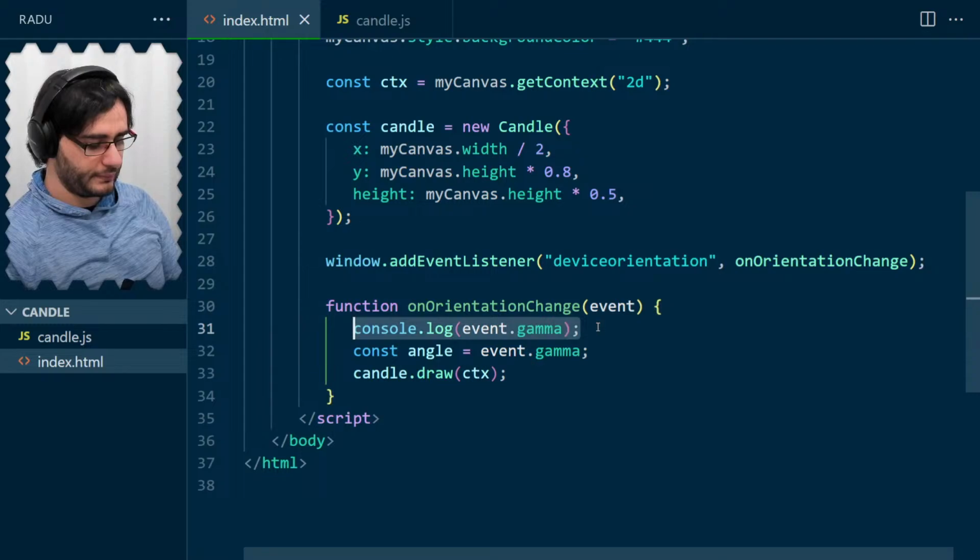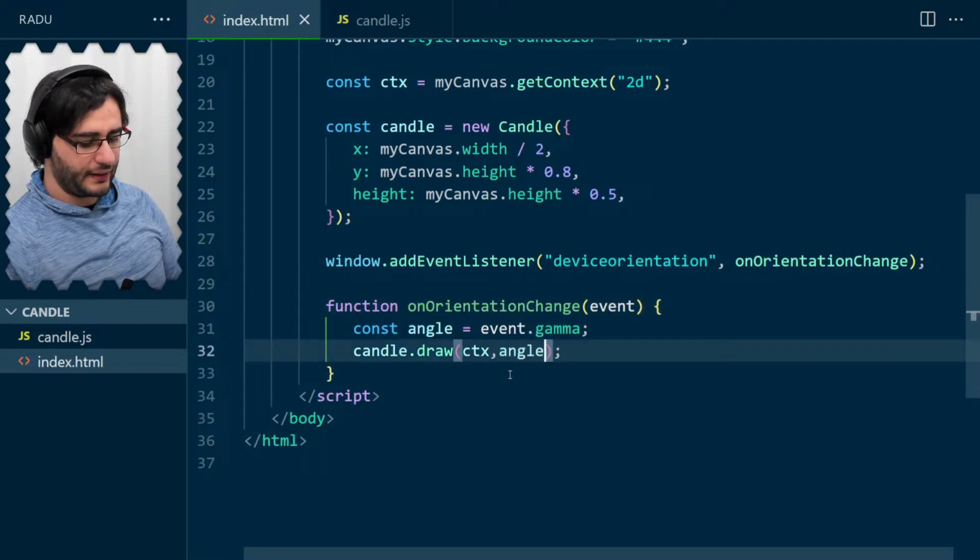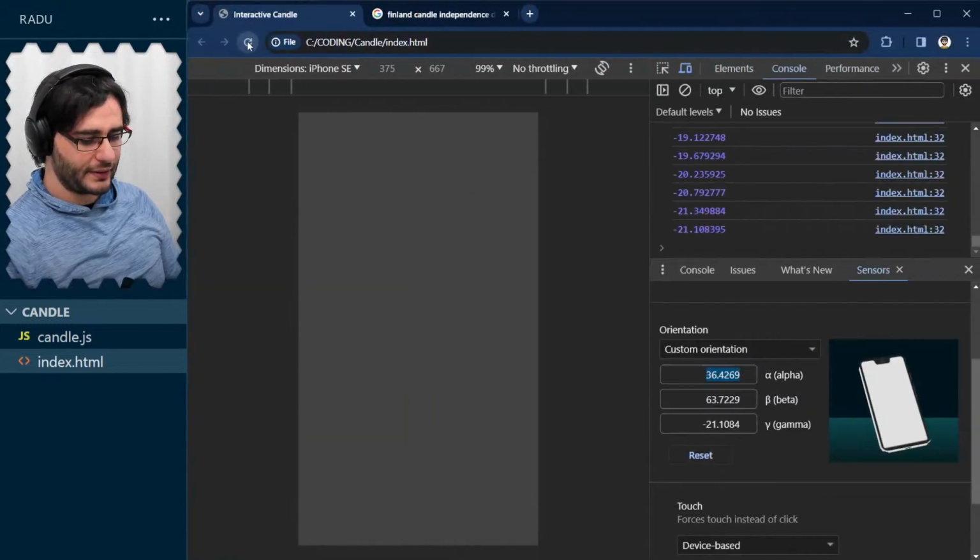Like that. And let's just pass this value there and see if it works. I'm also going to need to clear the canvas, but just to see